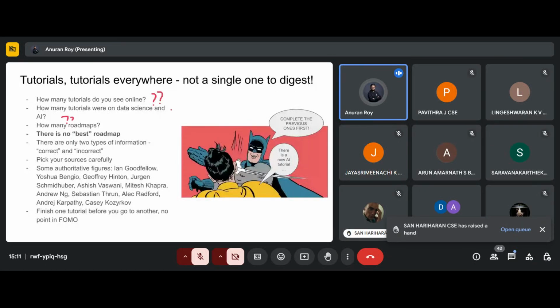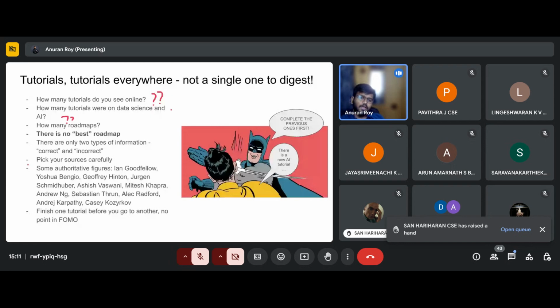Blah blah blah. Here's the fact: there is no best roadmap, and don't live in FOMO. That new AI tutorial that just popped into your YouTube feed can wait. What you need is to complete the existing one you're seeing right now, so that you don't lose context of what you were studying before and what you are studying afterwards.